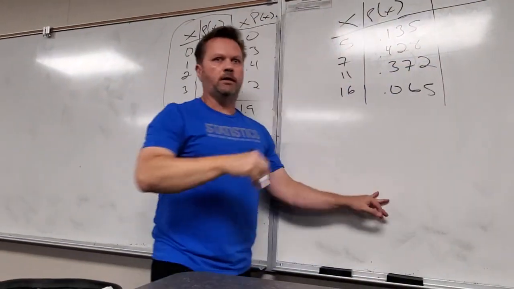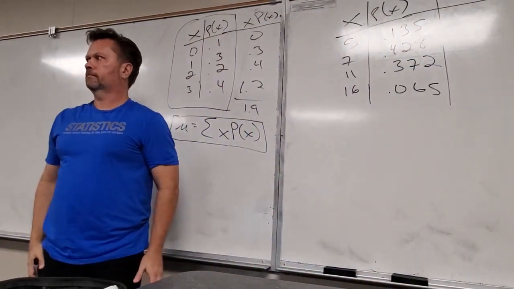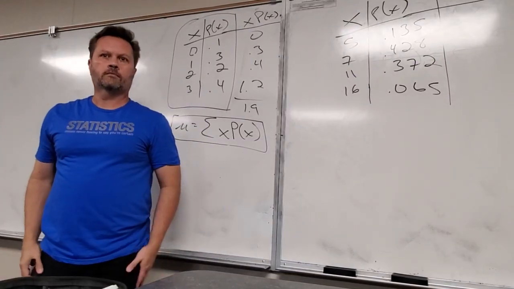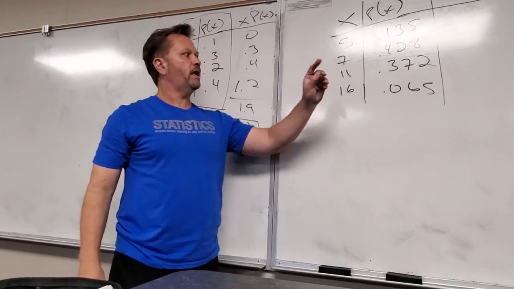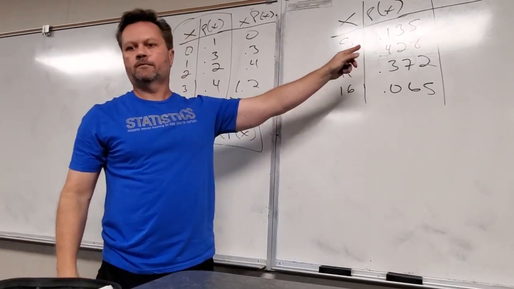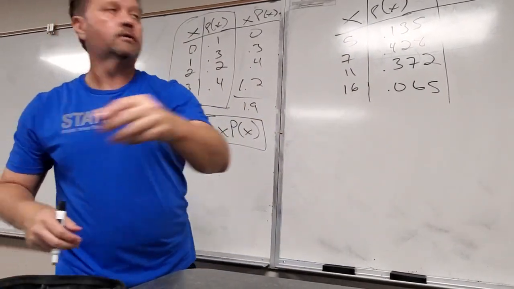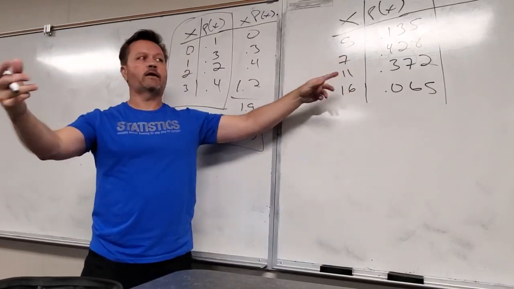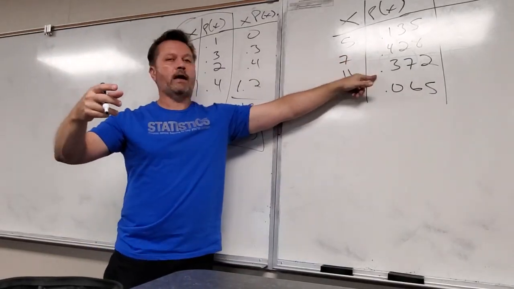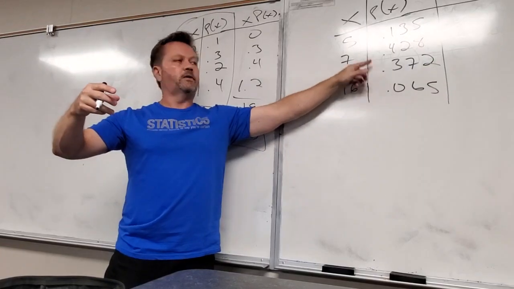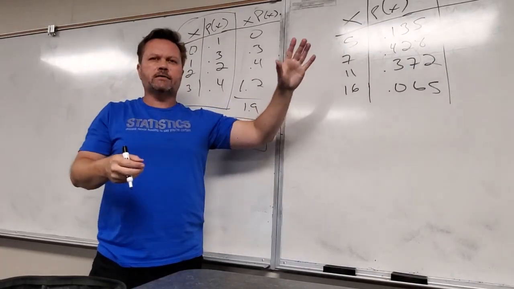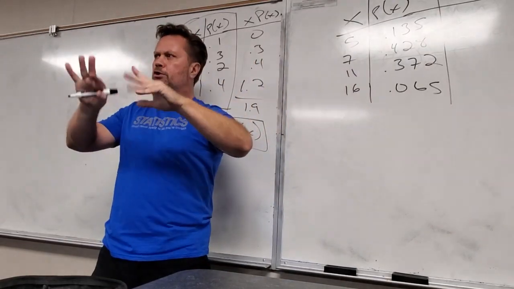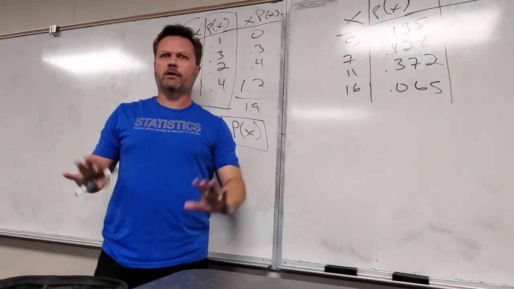How would you calculate the mean? What would you do? In fact, before we even do that, what's the heaviest weighted piece of data? 7. And 11 is not too far after that, right? So the average should be close to 7. 11's going to pull it a little bit. I can kind of tell where the average should sort of be by what's the heaviest